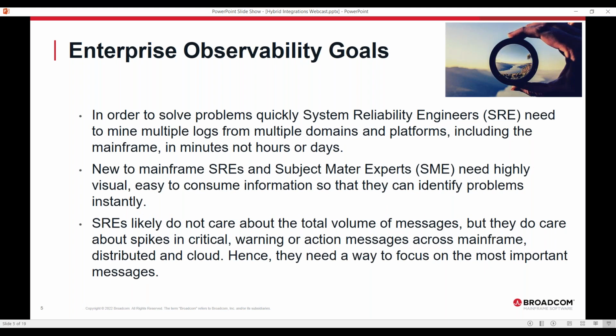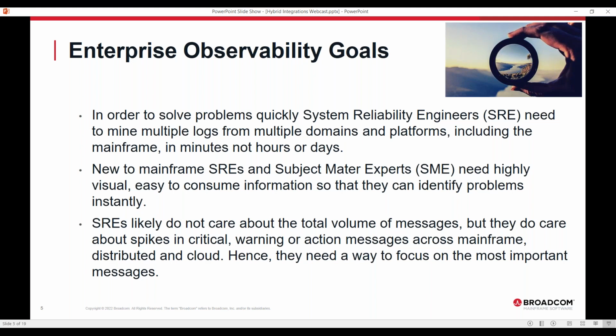Now, hopefully, this slide looks very similar to the last one. If you can read it on your own, basically I've changed the persona from systems programmers and L1 and L2 engineers to system reliability engineers. The last slide had very mainframe terms in it. This one is really across the entire enterprise. So we're not talking about just the mainframe. We're talking about across the entire enterprise, including the mainframe.